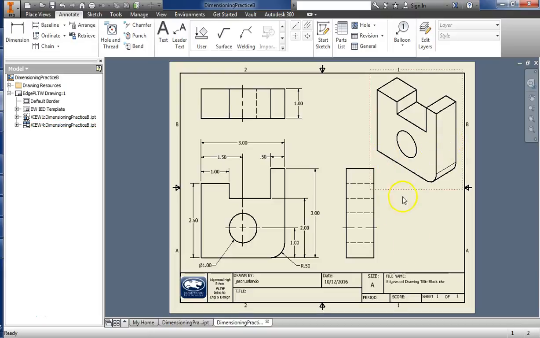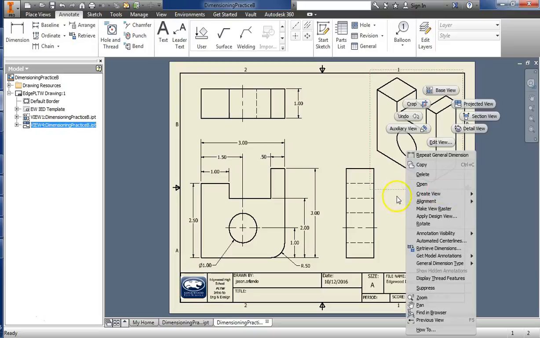Let's make the isometric shaded to have the color that the part actually had. We never color these views, just so you know. We never color the orthographics. We only would shade the ISO. But go and find that red dashed line around the ISO right there, left click, okay, and then right click on it. Actually, you probably didn't need to left click, and say edit view. So find this edit view,